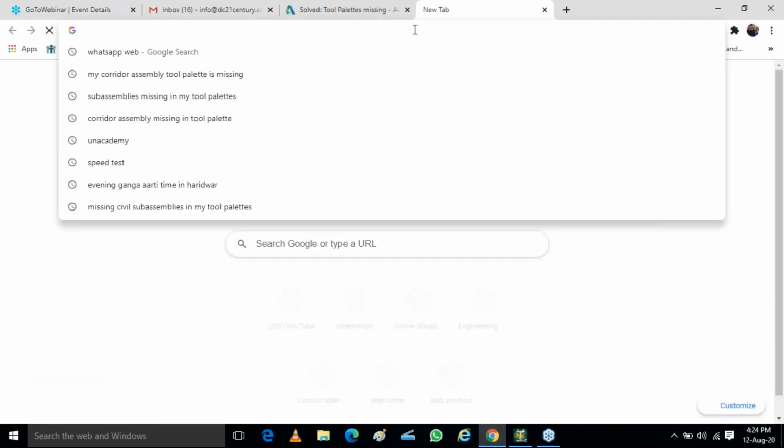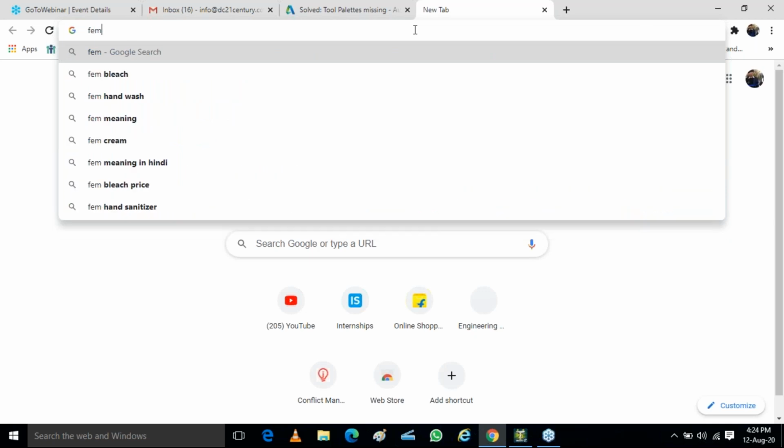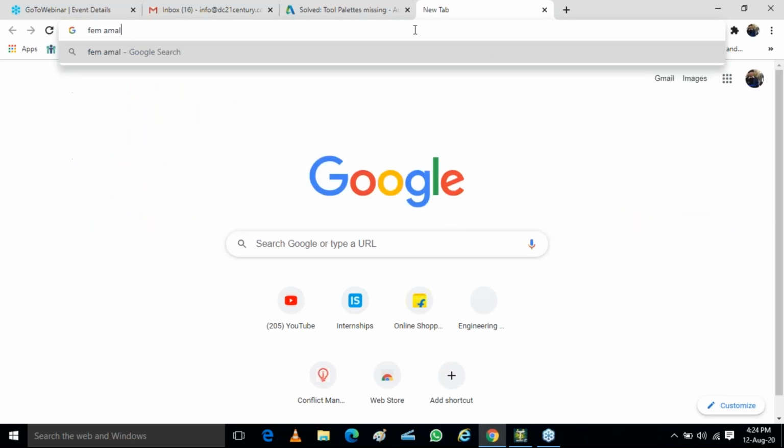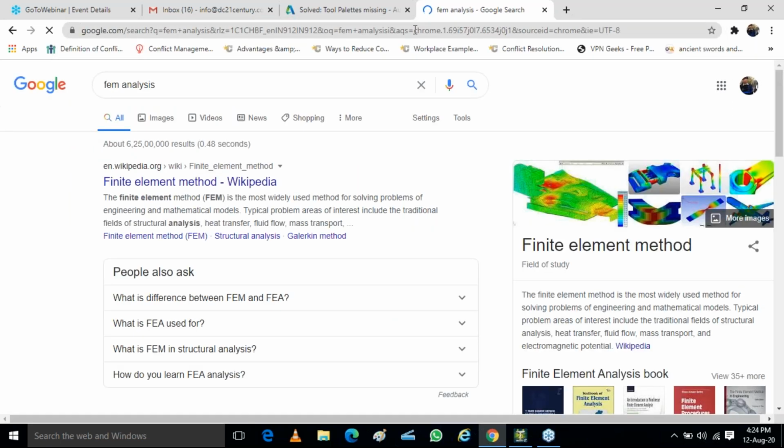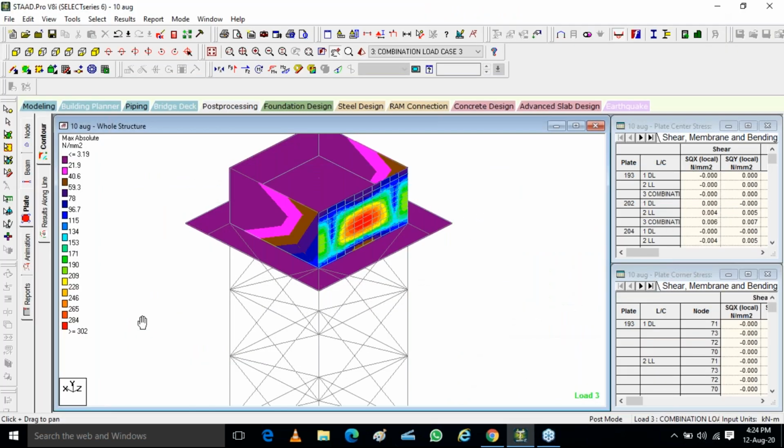Stress is force per unit area, and if you divide the plate into more finer plates, the force will be the same, but the area will be reduced. So there will be more stress on an element. So the stress will increase or decrease? It will increase, sir. Very nice.